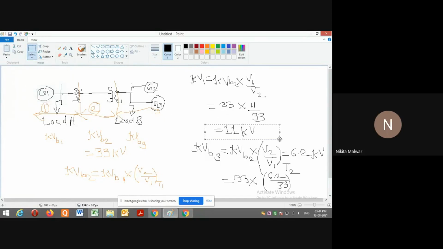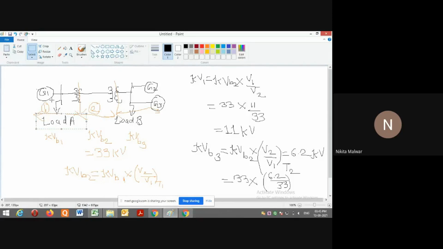Now by using all these terms, that means your kV base 1, after that your kV base 3, and again here kV base 2. This is the value of kV base 2. Okay. By using all these values, we have to find out the per unit impedances for generator, transformer, after that transmission line, and again generator. The new thing is here load A and load B. So let us find the per unit impedance for generator. Okay. After that we will find out the transformer and then directly come to the load.